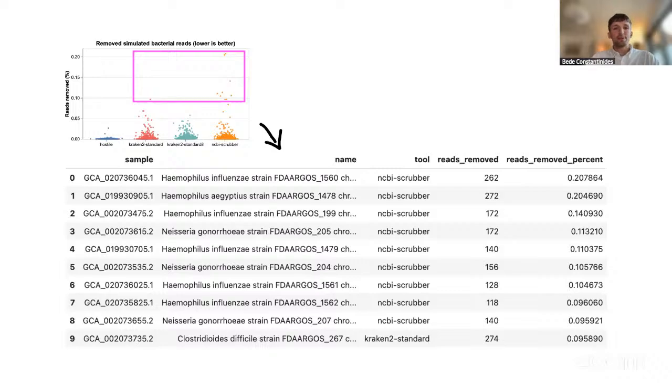And if we drill down on some of those bacterial genomes from the last figure in the last slide, and we look at those that are sort of most wounded, so to speak, by the process of host depletion, we see that it includes some really clinically important genomes like Neisseria gonorrhoeae and C. difficile. And we're not talking about reads randomly, evenly distributed across these genomes. We're talking about gaps in coverage, systematic gaps causing missed variant calls, broken genome assemblies, and that sort of thing. And we don't want those in our analysis.